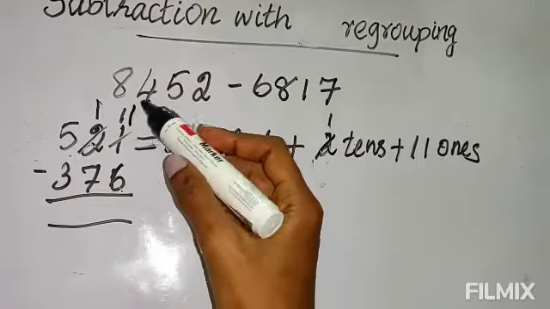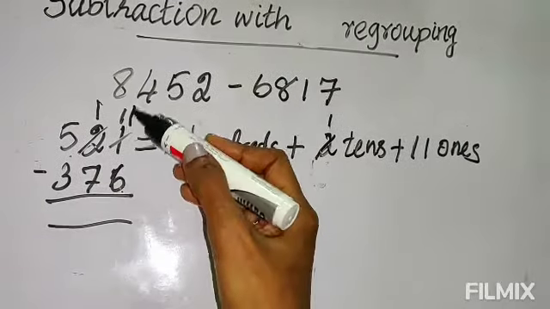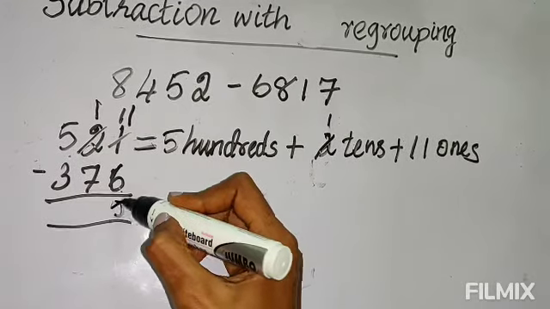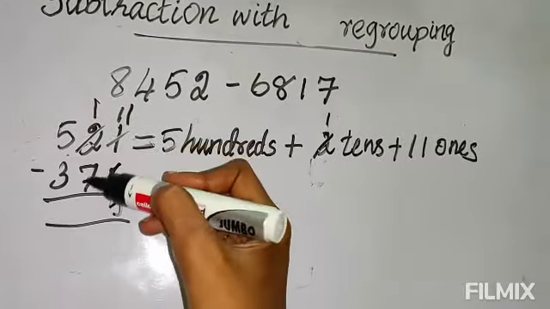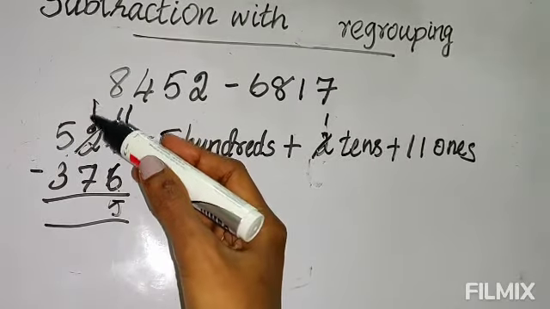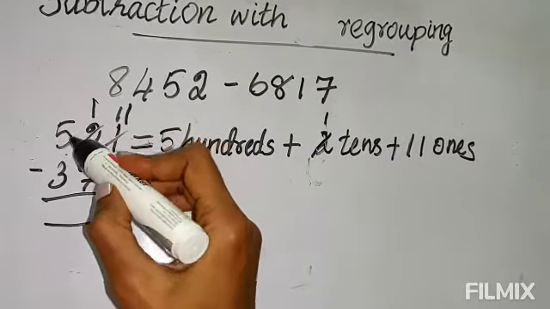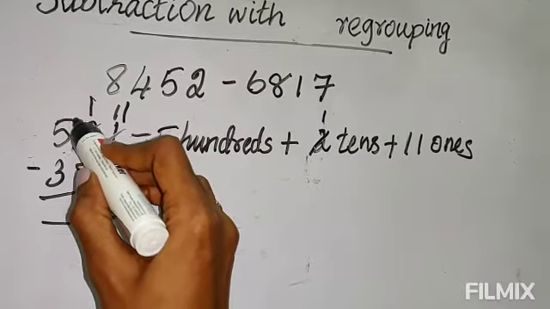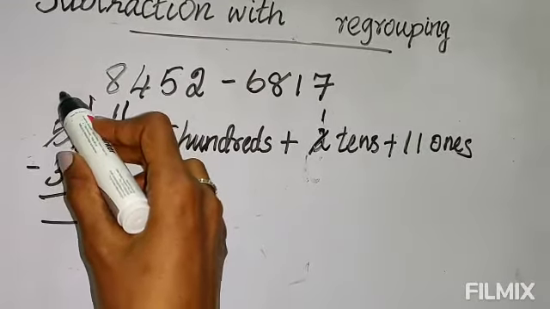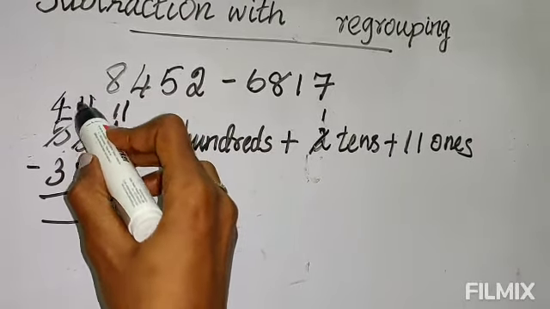Now you can see this 11 is bigger than this 6. So 11 minus 6, you will get 5. Next, in the tens place, we have 7 in the subtrahend and in the minuend only 1. This is small and this is big, so we cannot subtract. You will borrow from the hundreds place. We already have 5 there, so if you borrow 1, only 4 will be there. That borrowed 1 you keep here, and now it will become 11.